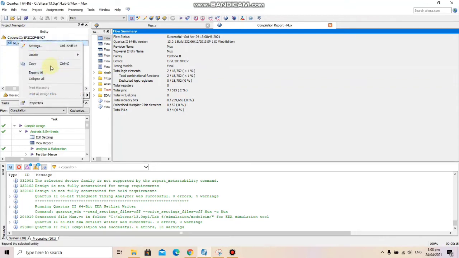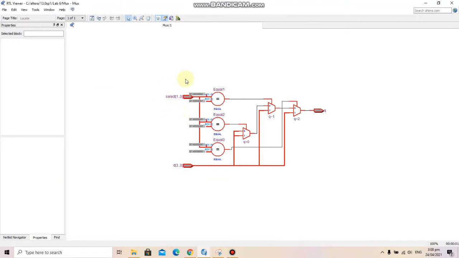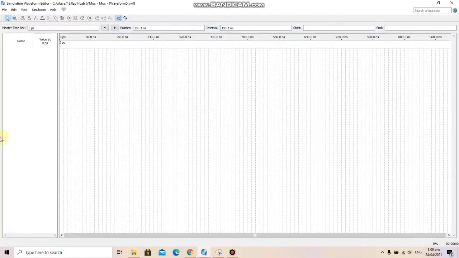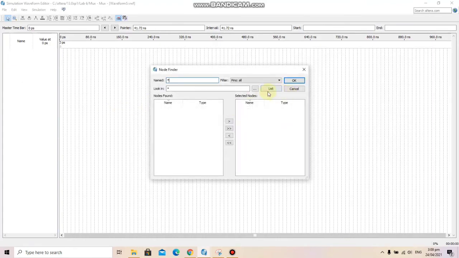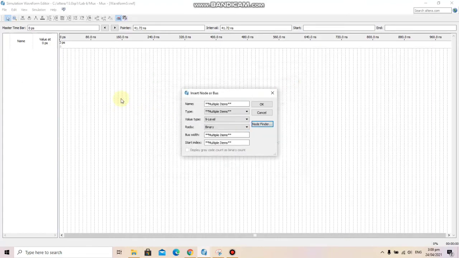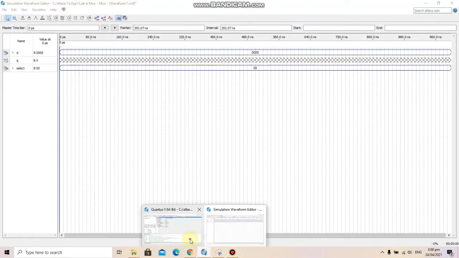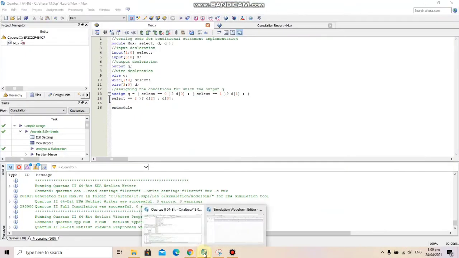Now let's look at the RTL view. Here we can see the mux. Now opening the outputs waveform. Let's look at the first condition, which was select equals 0, where the output should be D0.